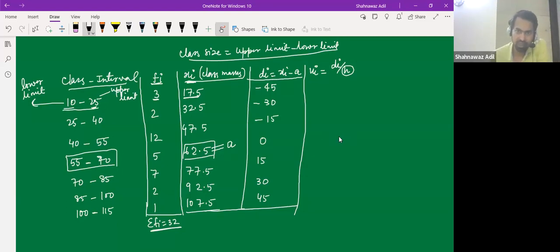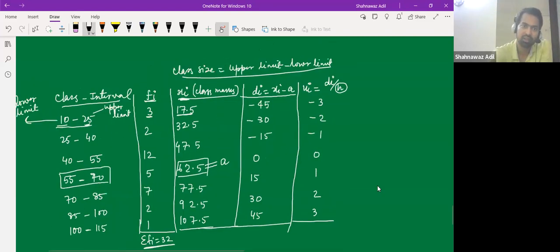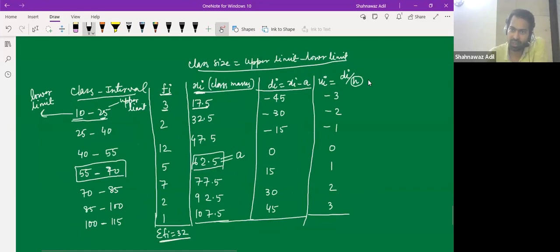So 15, right? So minus 45 divided by 15. So that is how much? Minus 3, minus 2, minus 1, 0, 1, 2, 3, right? And if we calculate the summation of Ui, right? Oh, we have to calculate not this one. So then we calculate